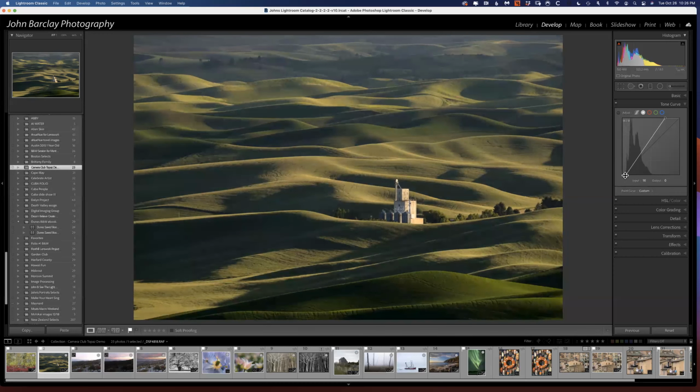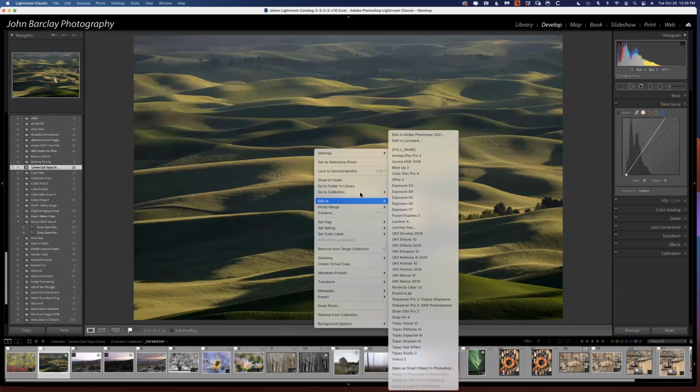But in this image, what I'm noticing is, and the colors look fine to me right at the moment. So let's move, because again, I want to be mindful of time. We're going to right click. We're going to go into